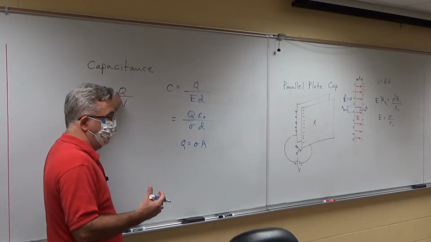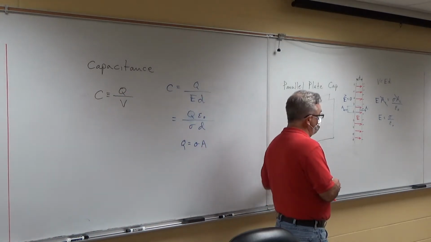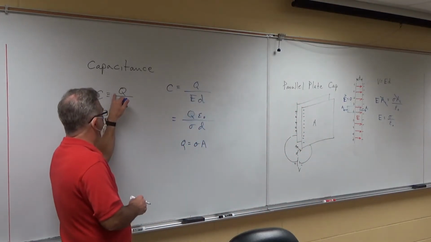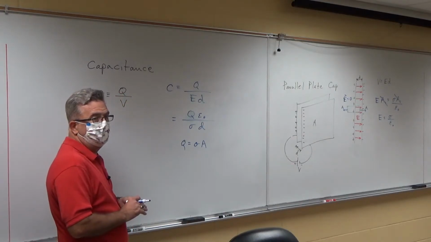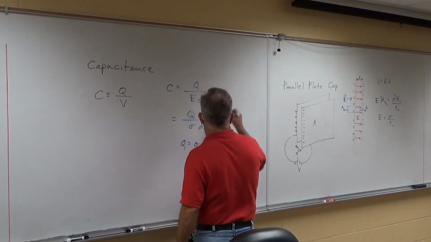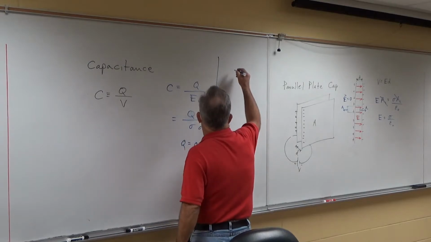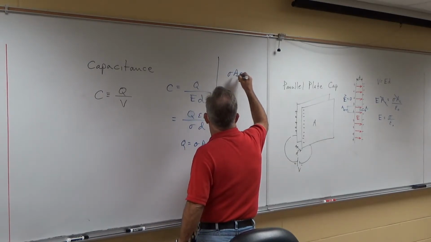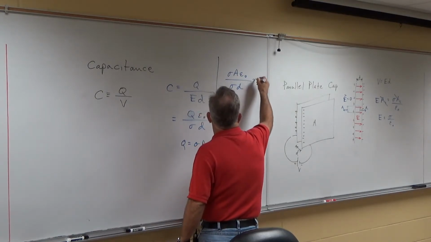The net charge on the entire capacitor is 0. You have an equal amount of positive and negative, so we're typically talking about the positive charge on one plate. Making that substitution, I'll go up here, and you get sigma A epsilon naught over sigma little d, and that's